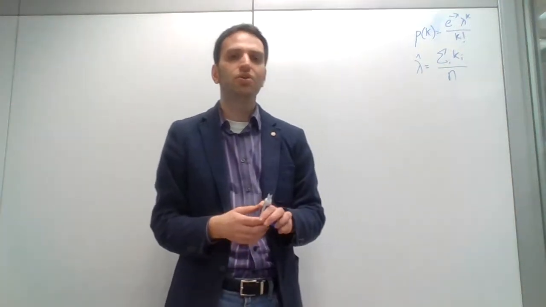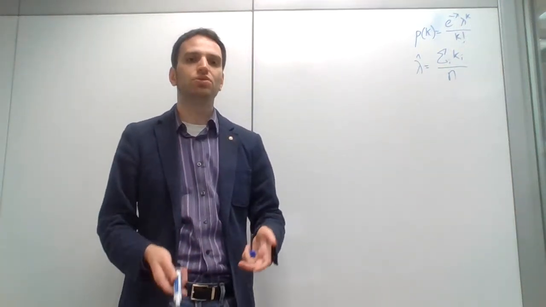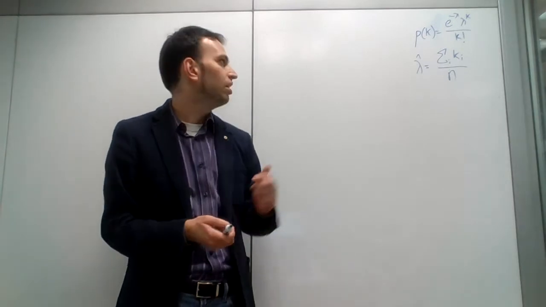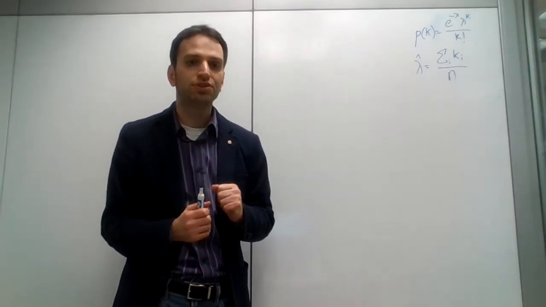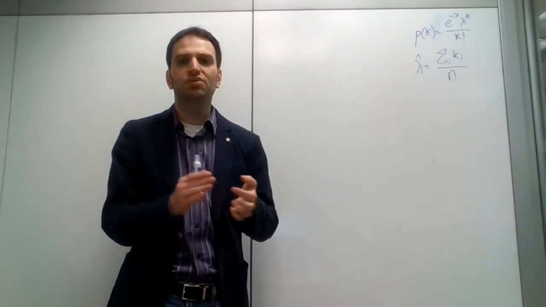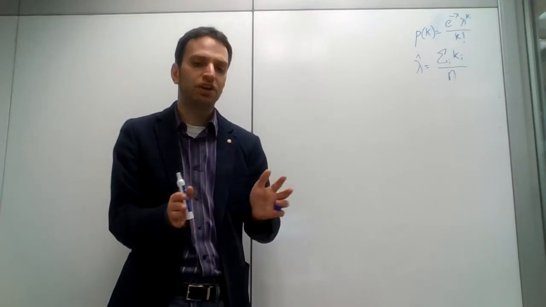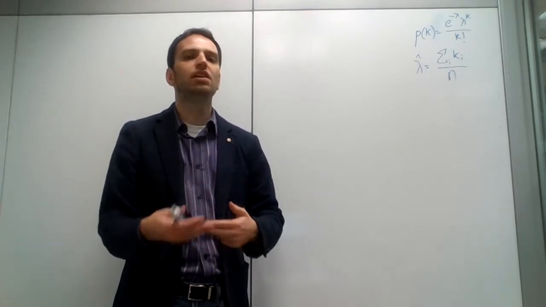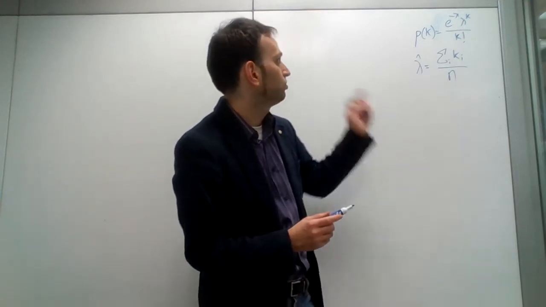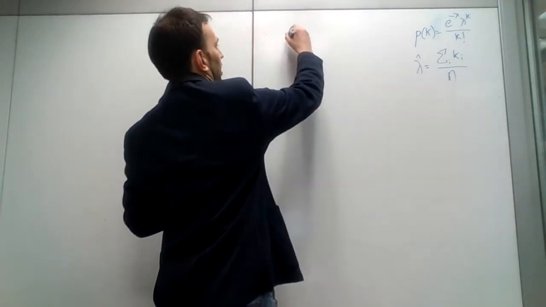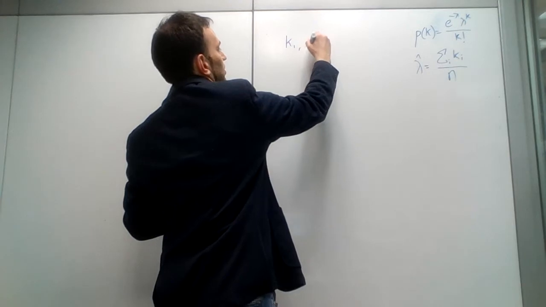In this video, I want to figure out how to perform the EM algorithm for our mixture of Poissons model. And we'll do it kind of the way it was introduced for the mixture of Gaussians model, so a little bit heuristically. To remind you, what we know is we have this data set, k1 through kn,